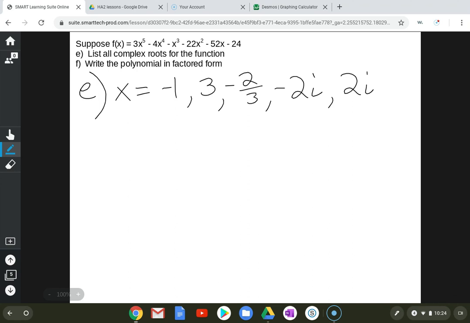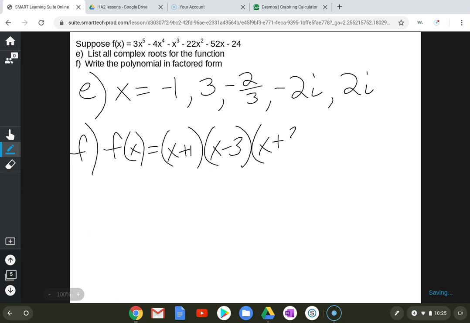Now we're going to write the polynomial in factored form. So when we write the polynomial in factored form, I'm going to give it the name f of x because that's what it was called. So I have x plus 1, x minus 3, x plus 2/3, and then we have this plus or minus 2i. Normally we don't list off imaginary factors when we're listing in factored form. Typically we would list just that x squared plus 4 or the 3x squared plus 12. Either one of those would be fine. I'm going to go ahead and list these, x plus 2i and x minus 2i,